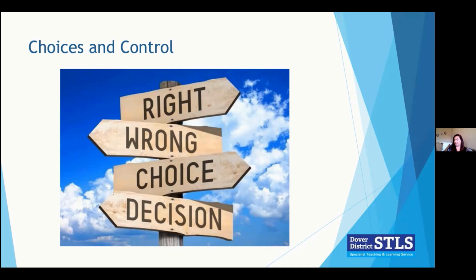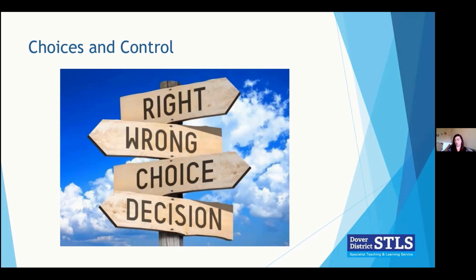So again, with this, when we're saying no to a child, often for children that's very difficult to handle. So thinking about different ways of saying no. If you say no, the child can be defensive, retreat, display challenging behaviours. So instead of no, we can say, I understand you want to play that game, but first we need to complete our literacy and then we can play the game. So you're not saying no, you're saying not right now. Children feel they've been heard, they feel they've been understood, and that the time will be given to them. So again, you're still remaining in control of the situation, but you're empowering the child.